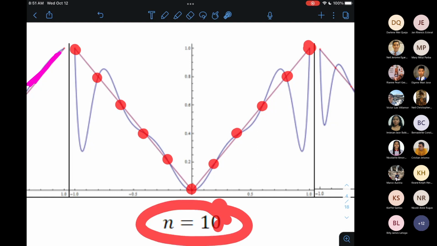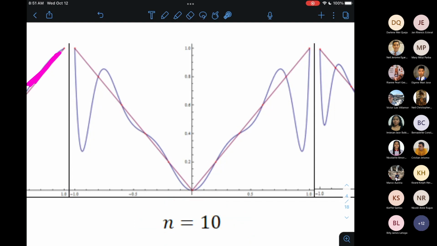So meron akong n plus 1 ko ay 11. Tumaan ako sa 11 points. Yung n pala dito ay tama. Yun na yung degree ng interpolating polynomial. So here we have a degree 10 interpolating polynomial. And as expected, the graph of our interpolating polynomial intersected with the graph of the function 11 times. Once for every abscissa. Okay? So in-expect natin na, okay, dumaan siya sa 11. So dapat,